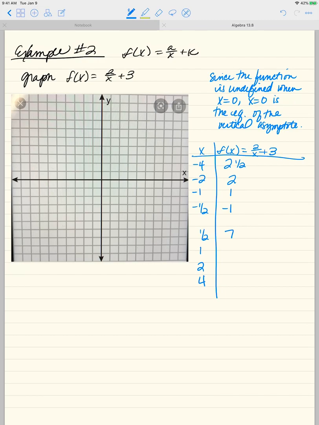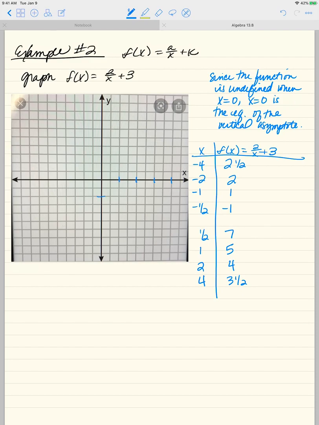2 over 1/2 plus 3 is 4 plus 3, so that's 7. 2 over 1 is 2 plus 3, that's 5. 2 over 2 is 1 plus 3, that's 4. 2 over 4 is 1/2 plus 3, that's 3.5. Same as I did before, I'm going to have each one of my marks be worth 1/2, which means